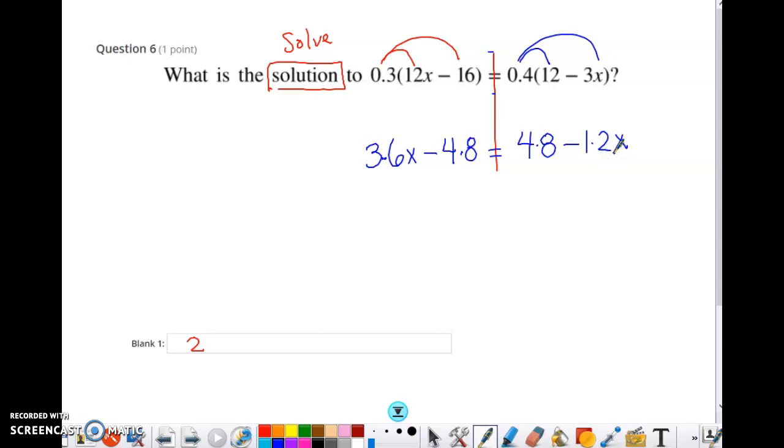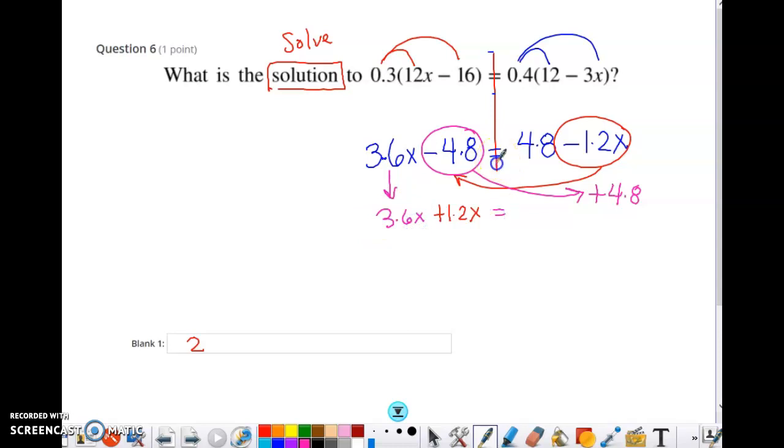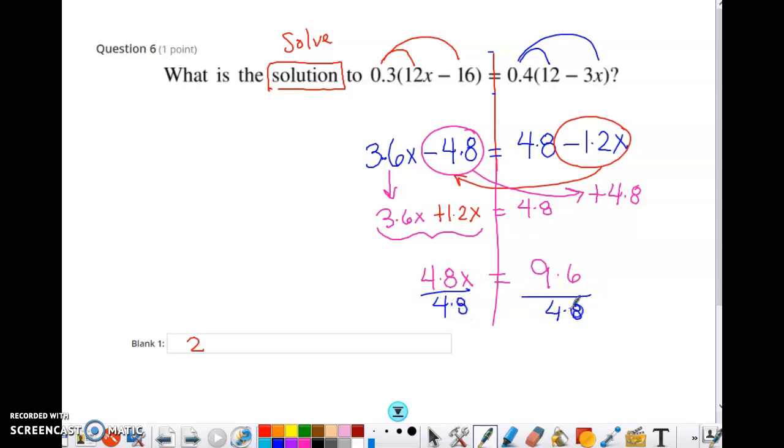So we're going to be moving things. So I'm going to move this one over here, make it a plus 1.2x. And then I'm going to move this one over here, make it a plus 4.8 because it was a negative. So this moves down 3.6x equals, and then this moves down 4.8 plus 4.8, that's 9.6 equals, over here when you add these two, 3.6 plus 1.2, that's 4.8x, and you can add them in decimals if you want to. And then when you divide, and you can divide this in decimals as well, that will give you x equals 2. Okay, so your answer would just be